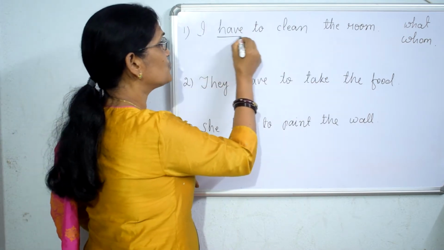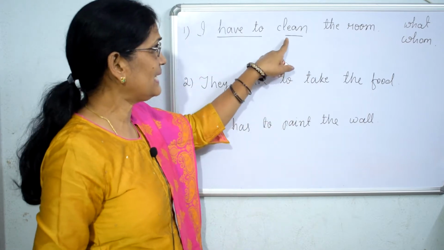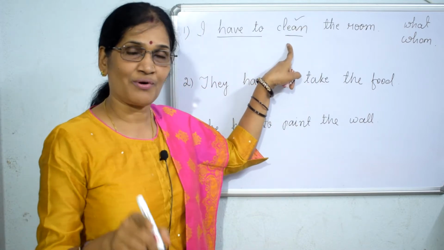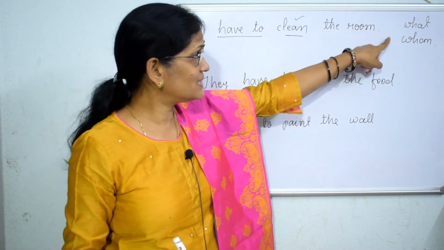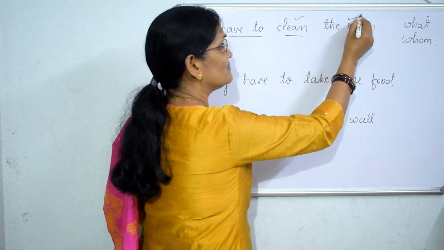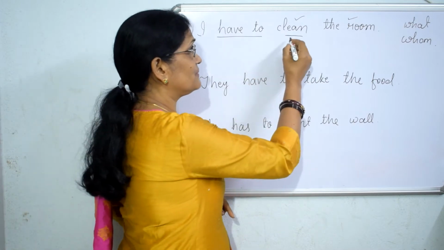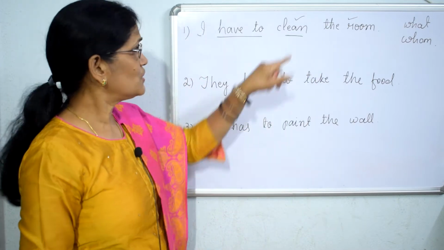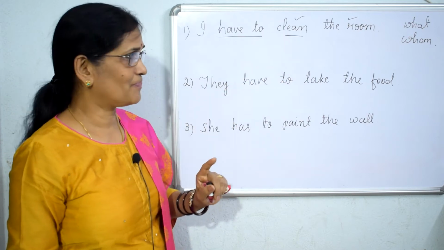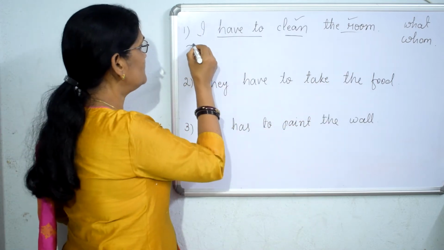The phrase have to is used here, and the verb is clean. Is it transitive or not? We ask the verb the WH word what or whom. Clean what? The answer is the object of the sentence. If it answers the question what, the verb is transitive, so we can change the sentence into passive. In the passive structure, that object will be the subject. So the room